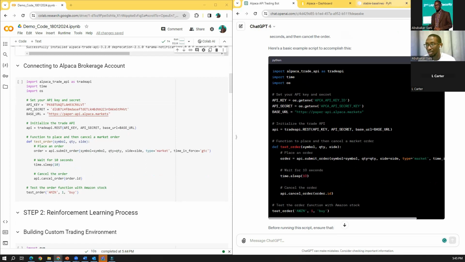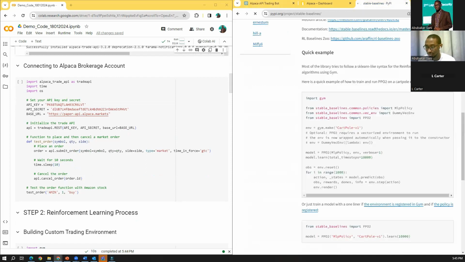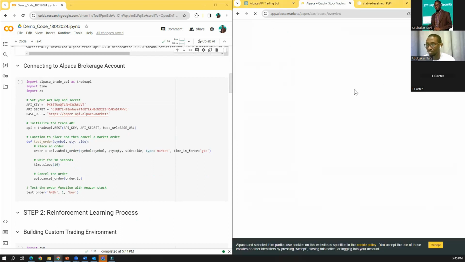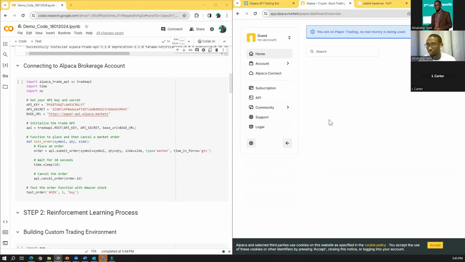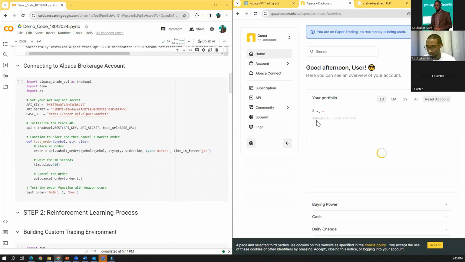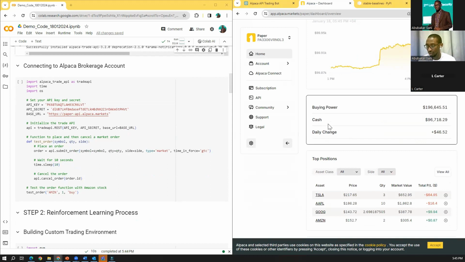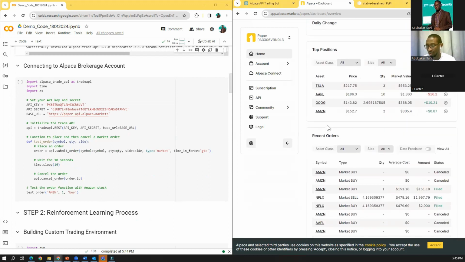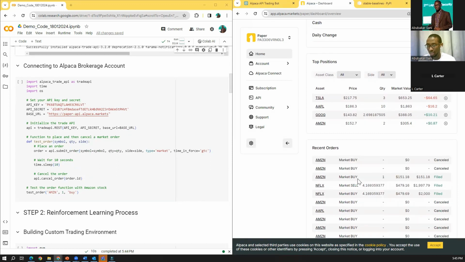Let's check our Alpaca. All right, so let's see.